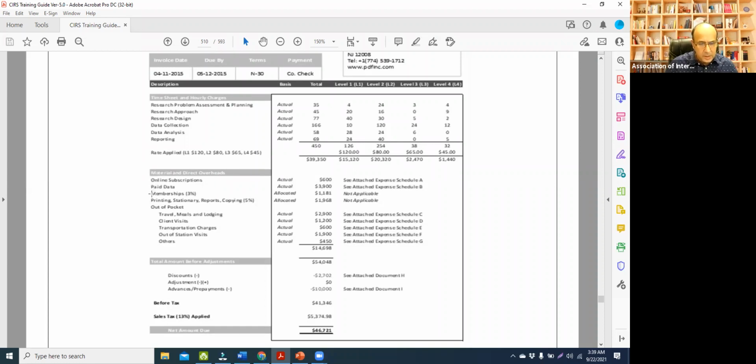What we have used is shown here. Paid data, memberships 3%. I don't know exactly what this is, but let's just consider it part of the cost. Memberships, okay. Printing, stationery, out of pocket is another kind of expense, which is considered a direct overhead